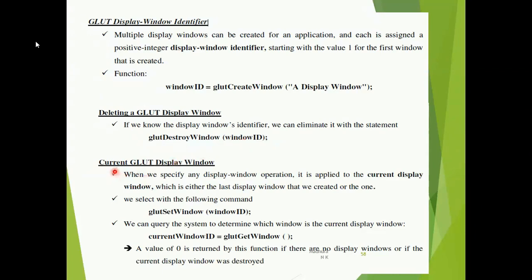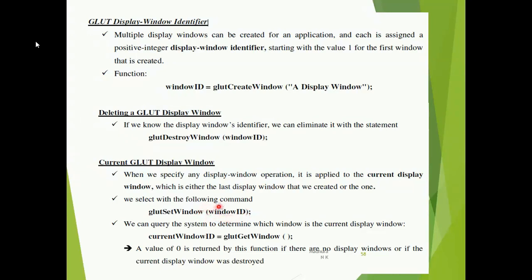Then for the current glut display window, one more function we have is glutSetWindow with a window ID. Suppose you want to move a background display window to the front, or you want to display a current display window in the foreground.